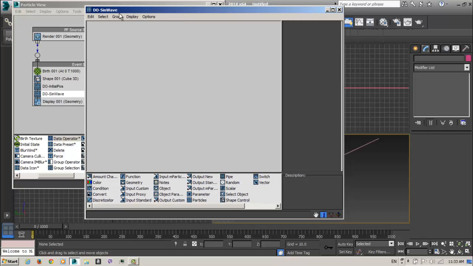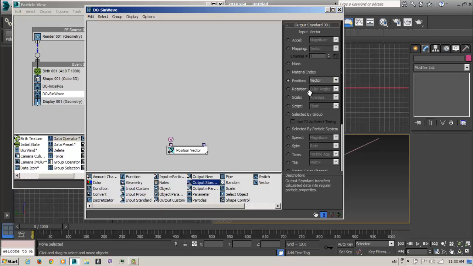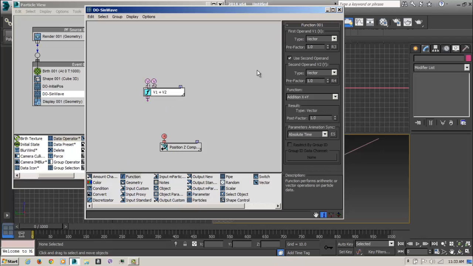Here, what we want to have is output standard. We are interested only in the Z component of the position, and we create a function, one operator, and I connect this to here.